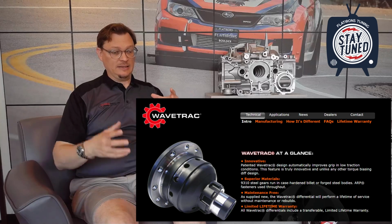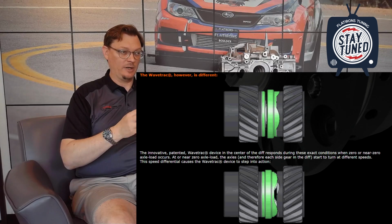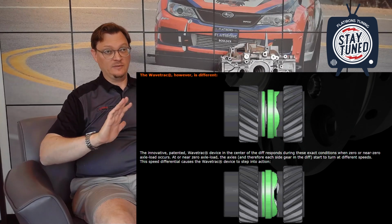Well, they tried to make a differential that splits the difference. It's a torque biasing differential, but inside there is basically a ramp that, when one wheel slips, moves a disc into the center that grabs the other wheel. So the idea is that it's a torque biasing differential and a limited slip differential in one, but the limited slip part only kicks in when you have no traction. On paper, and probably where Chopped86 is coming at this, it seems like